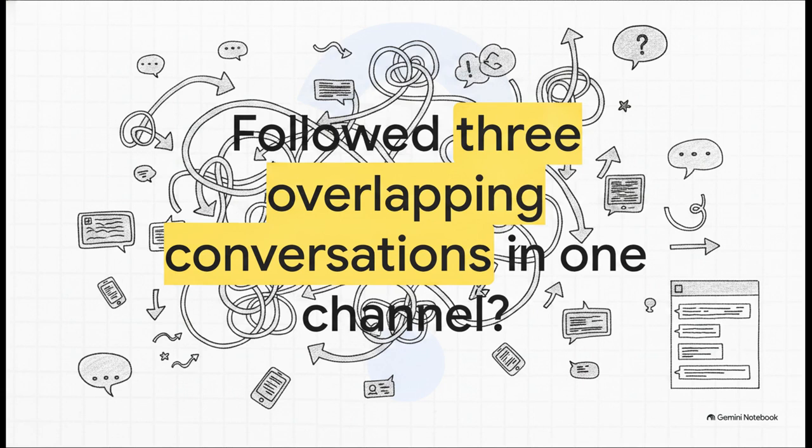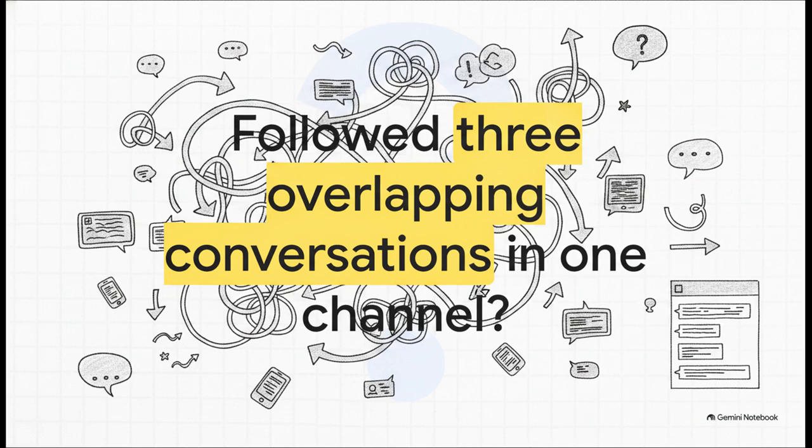So let's talk about this universal nightmare. Anyone who has ever tried to track multiple simultaneous conversations in a single, fast-moving Slack channel knows exactly how chaotic team chat can get, right? This lack of structure genuinely hurts productivity. It drastically increases the amount of missed information for fast-moving teams. You just end up scrolling endlessly, desperately trying to find one critical link or a decision that got buried under